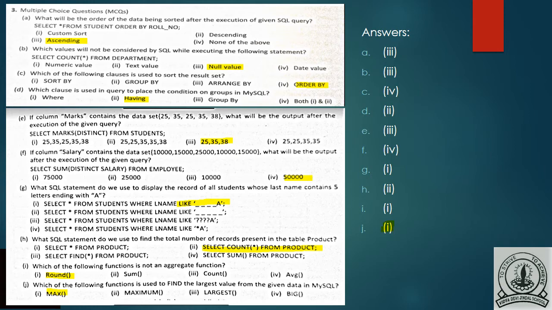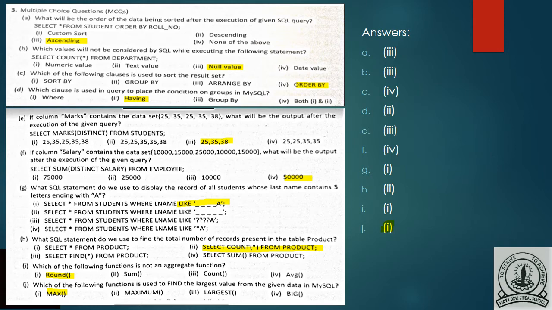G part. What SQL statement do we use to display the record of all the students whose name contains 5 letters ending with A? For example, Nisha. Nisha, last is A, but first 4 characters we do not know.